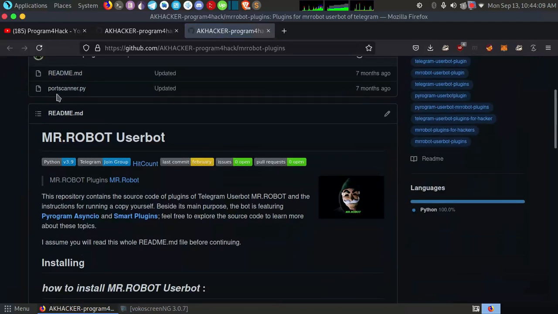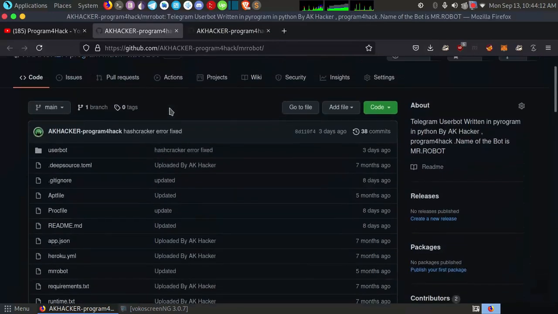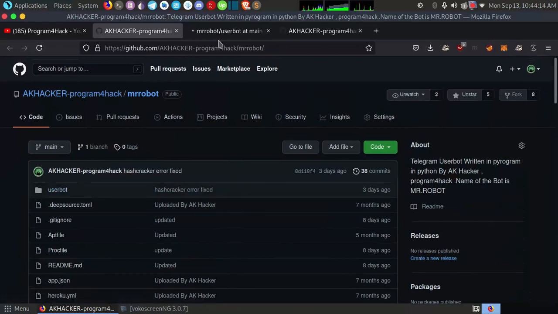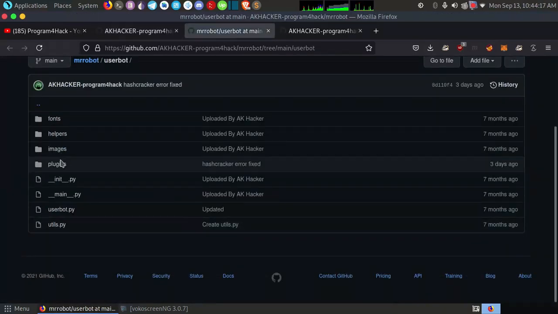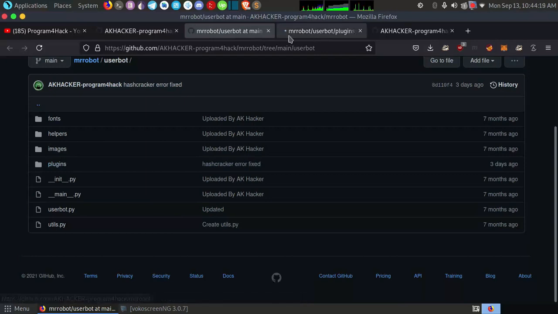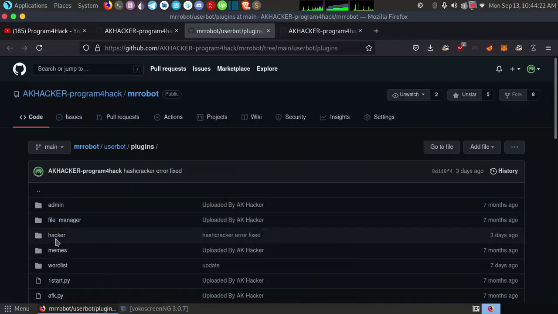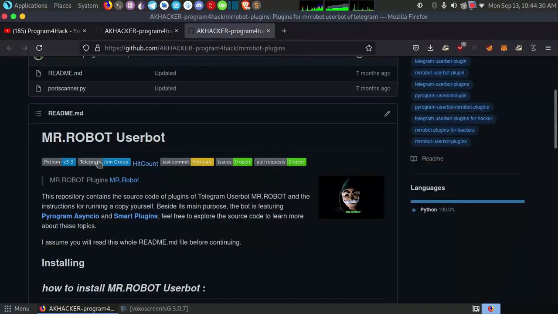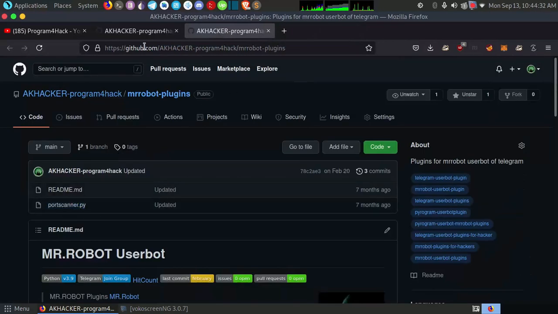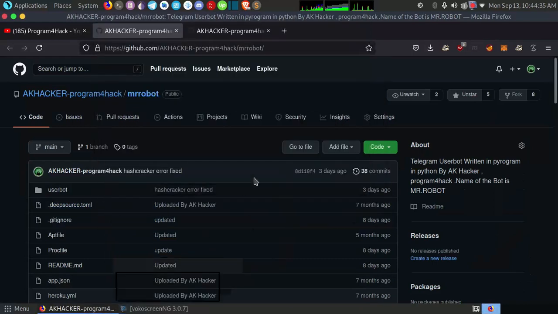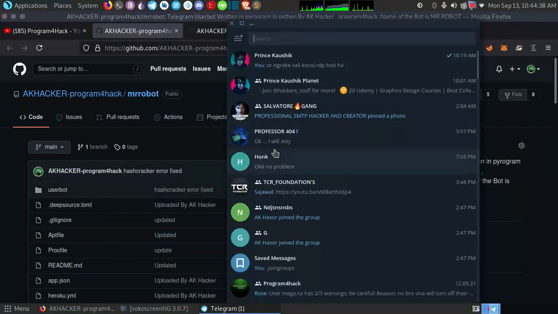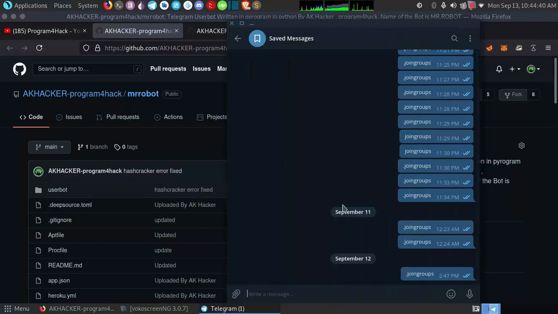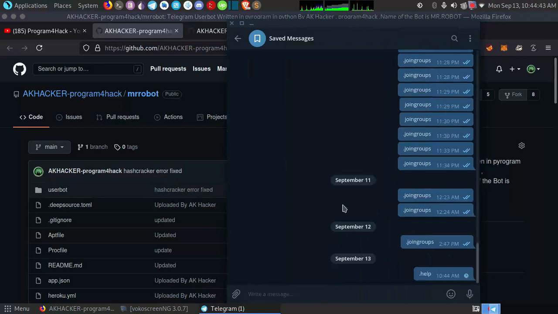So I have not uploaded my plugins here. I have only one plugin I have uploaded. So if I show you, I have made a new plugin. Let me see. In Hackers, if you see here, I have a hash cracker plugin, okay. This is the plugin I have made, and I will also upload it here, but I have by default uploaded it here, so no need to upload there. Just forget about it and come here, and if I put here .help,